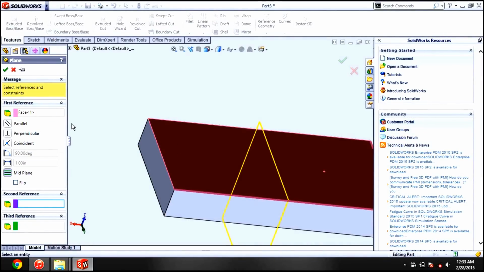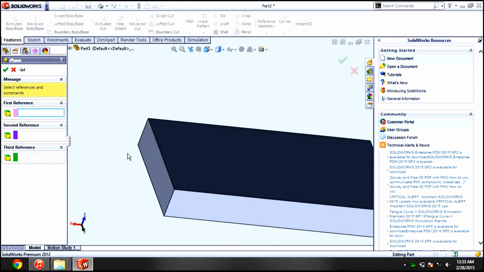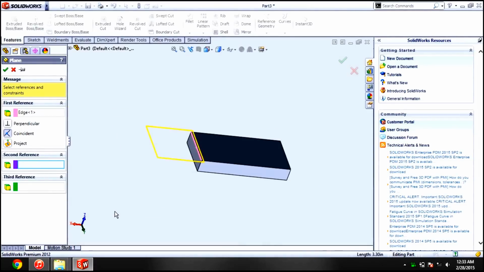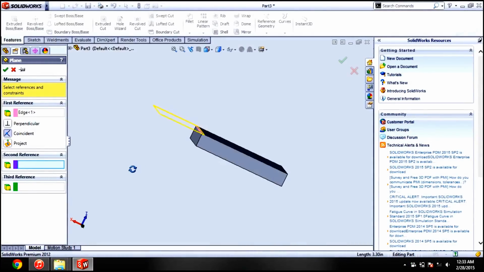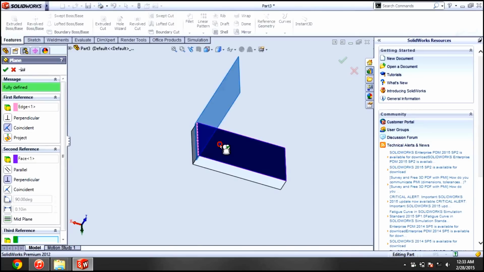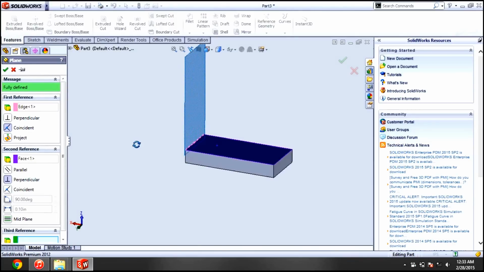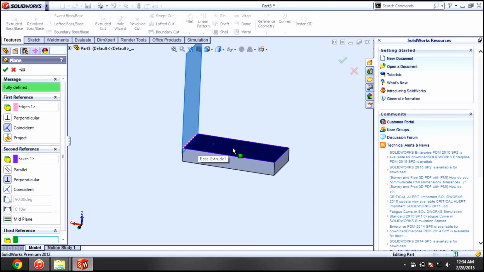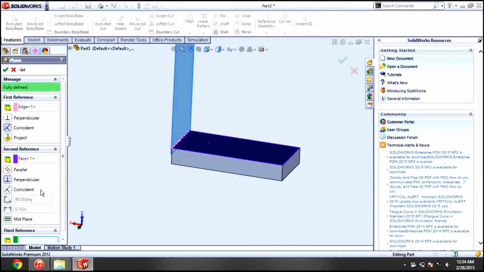So initially we have to select an edge with which we want to make a plane. For example, we have selected this edge, a plane is created, and you can assign an angle. So a plane passes through this edge and makes an angle with this plane according to your need.